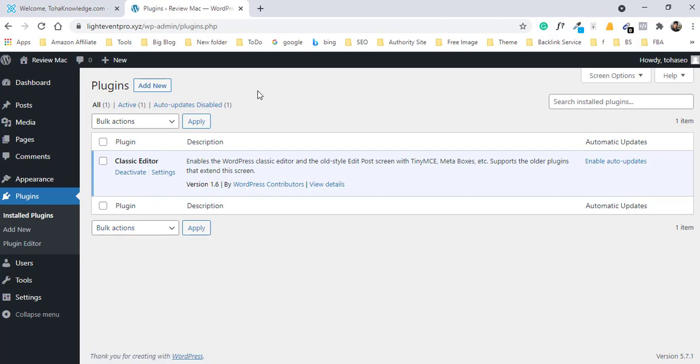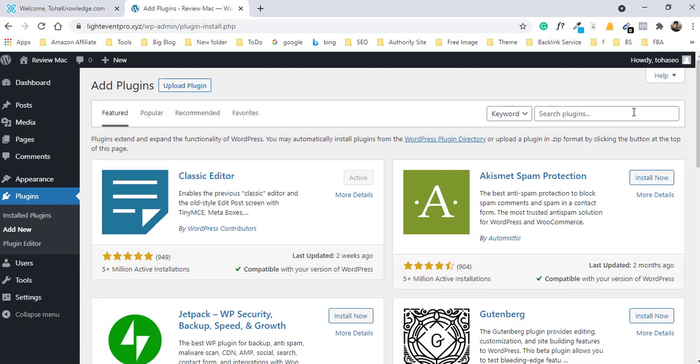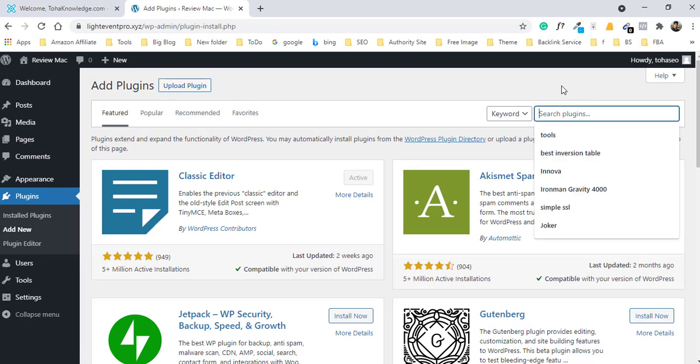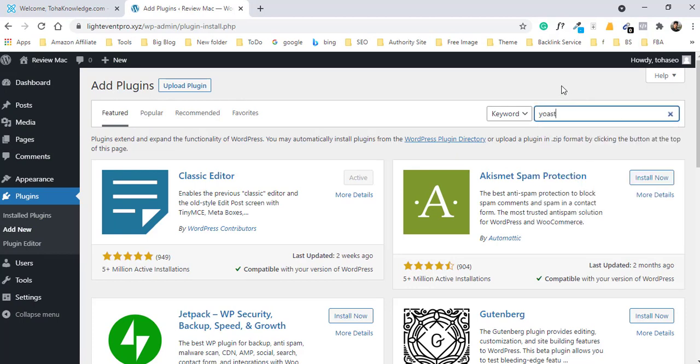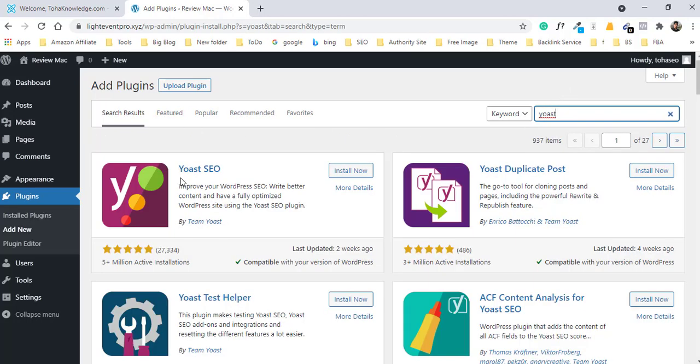Okay, now we need to add Yoast SEO plugin. So click on add new and search Yoast. Okay, here you see Yoast SEO plugin, and you also see that it has 5+ million active installations.